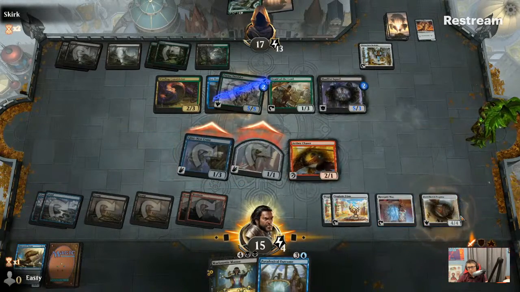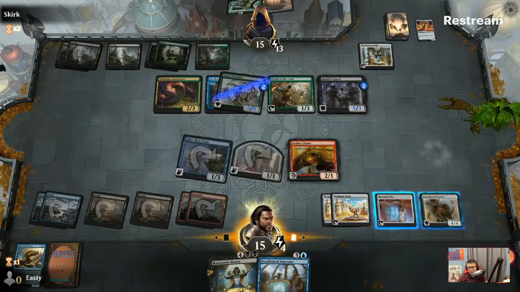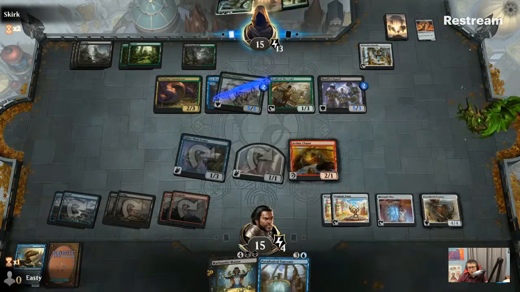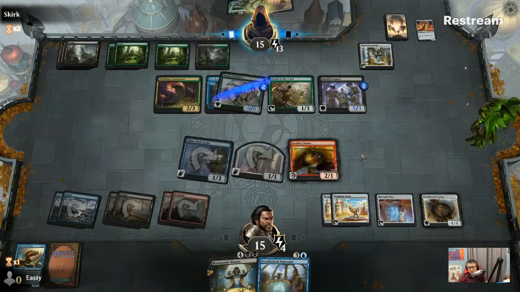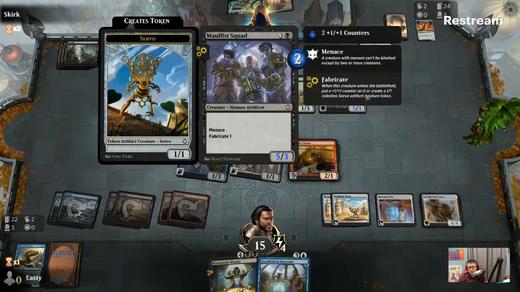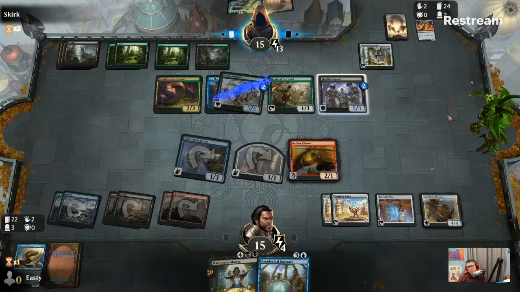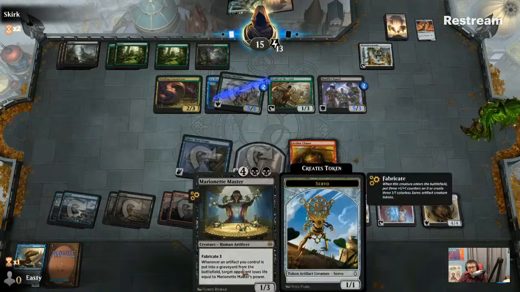But I think this is our only way out. It's just getting them down, trying to survive. On board, if they swing, I'll trade with the Untethered Express, like the Malfist squad. It's going to take them a turn to play the Riparian Tiger and then attack with the Riparian Tiger. It does have Trample. And by that point, I hope to have played the Marionette Master